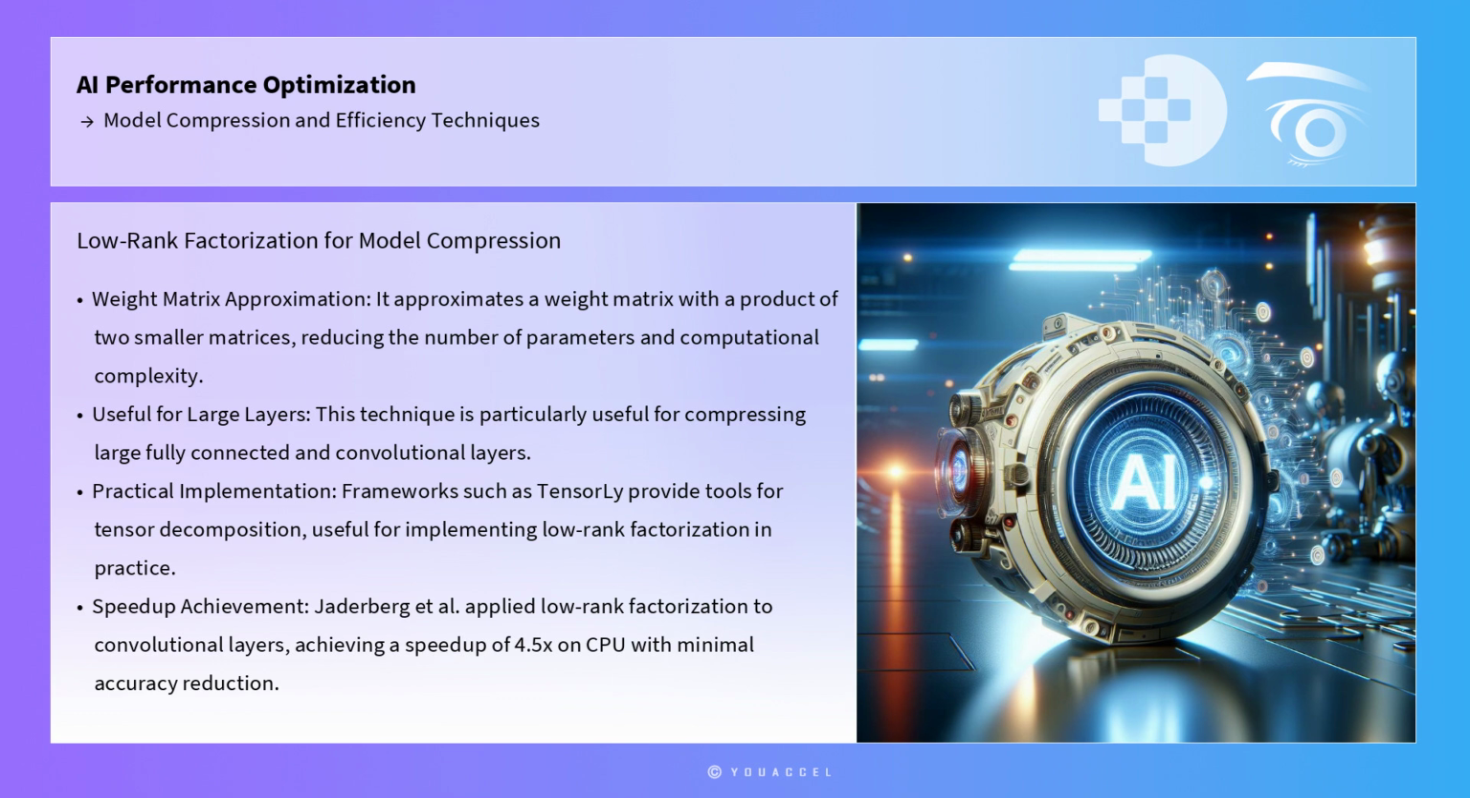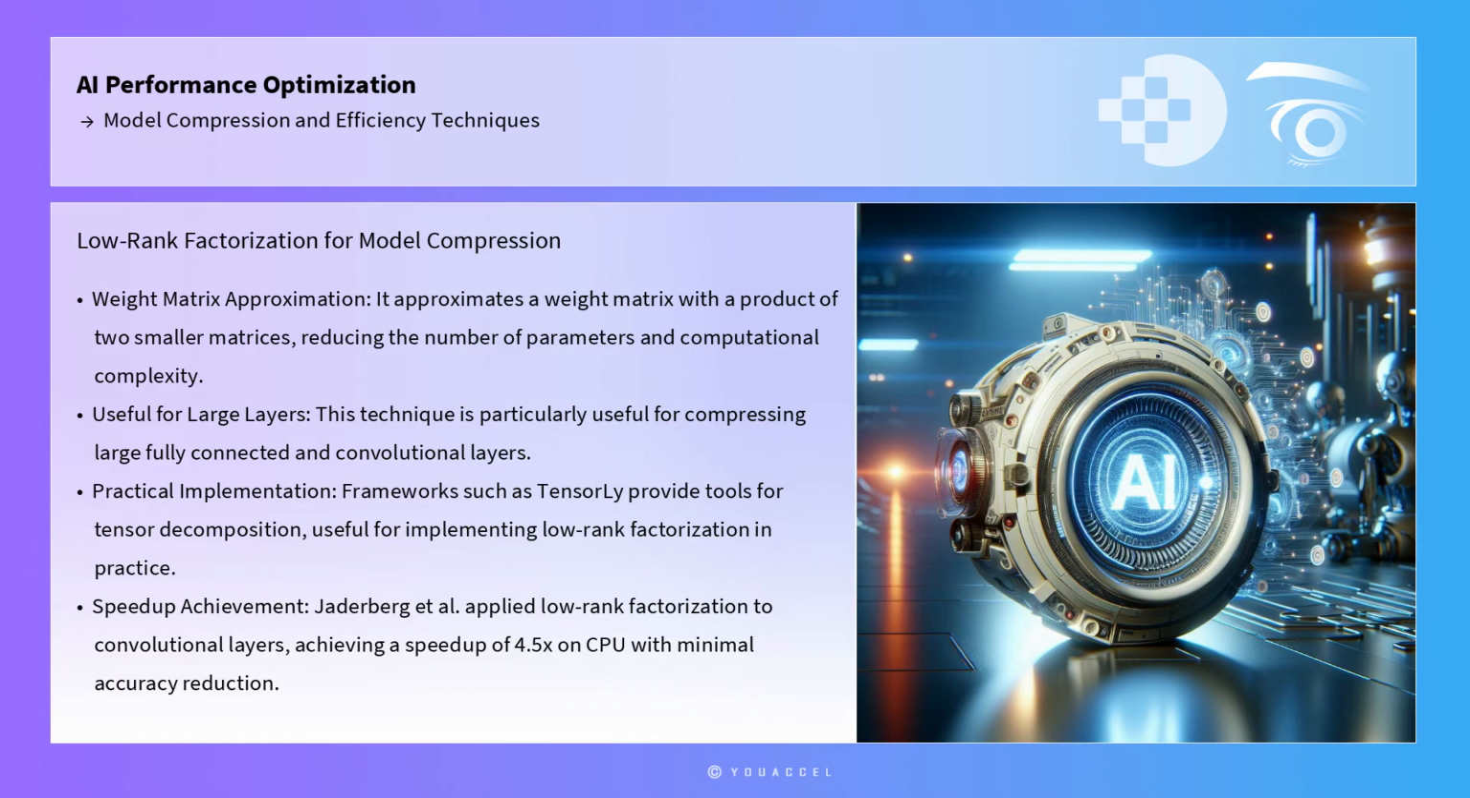Low-rank factorization is another technique used in model compression. It approximates a weight matrix with a product of two smaller matrices, thus reducing the number of parameters and computational complexity. This technique is particularly useful for compressing large, fully connected, and convolutional layers. Frameworks such as TensorLy provide tools for tensor decomposition, which can be used to implement low-rank factorization in practice. Jaderberg et al. applied low-rank factorization to convolutional layers and achieved a speedup of 4.5x on CPU with a minimal